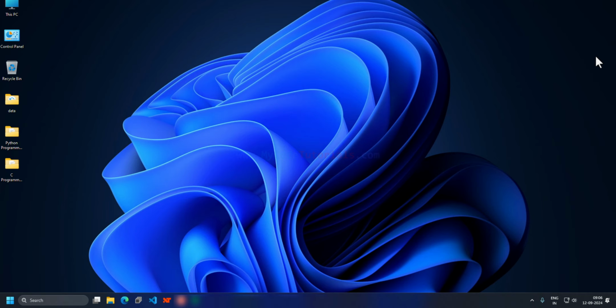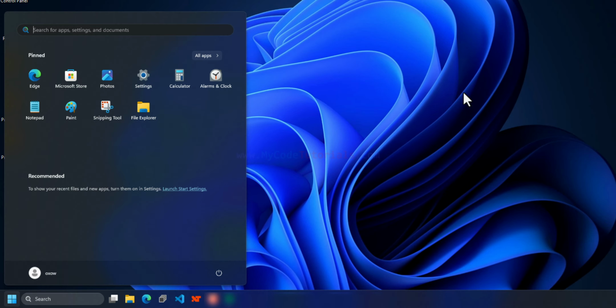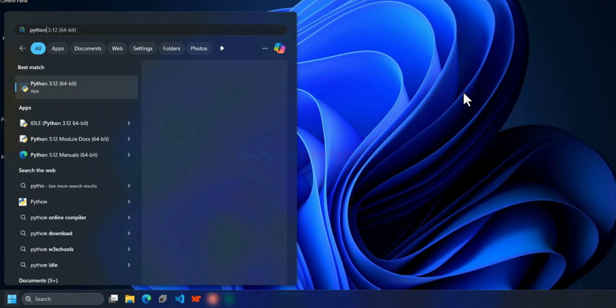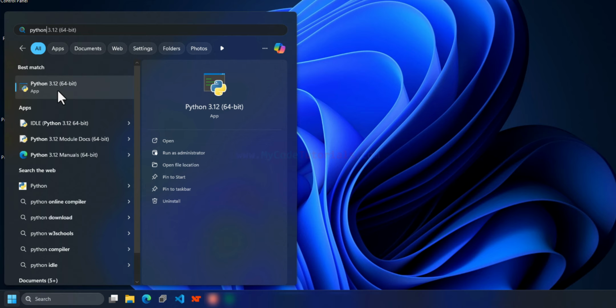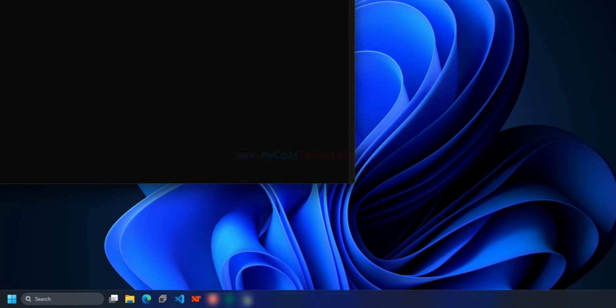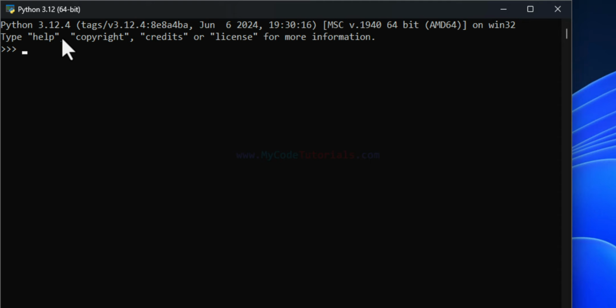In this video we will see how we can upgrade Python which is installed in our computer to the latest version. So here first I will click on the start button and then I will search for Python and open up the Python app, which will open up this Python shell, and here we can see that the Python version which is installed is